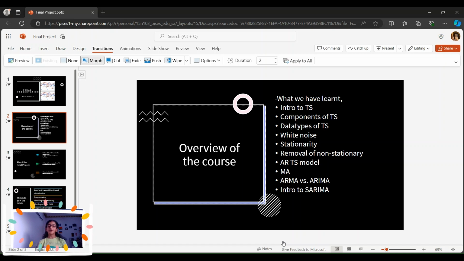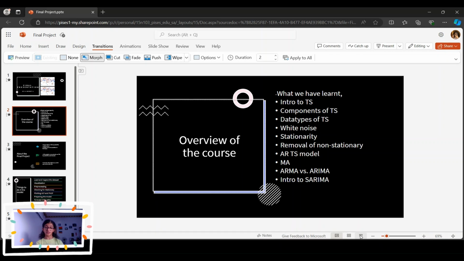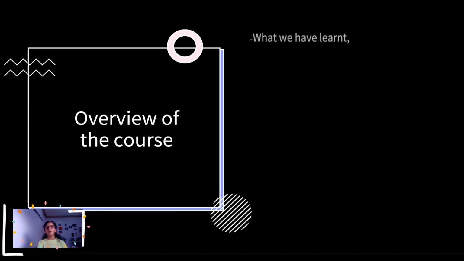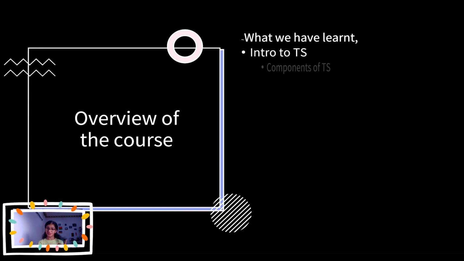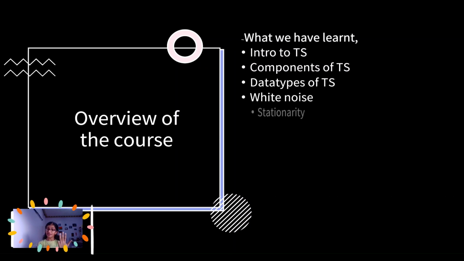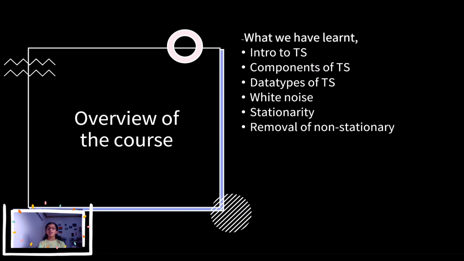And today we're going to be doing a project on time series. But first of all, let us revise what we have learned in the course. We learned about time series. We learned about the components of time series. We did data types, then we learned about white noise, stationarity, the removal of non-stationarity, and the autoregressive